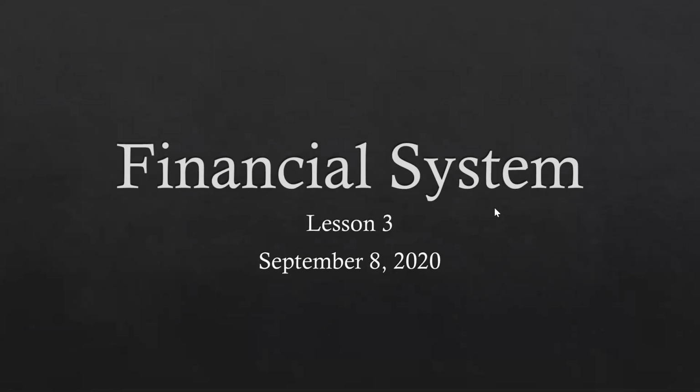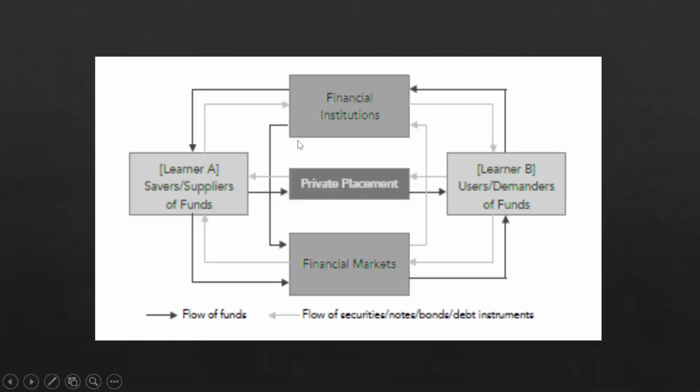So you have the financial system, where one of the things that we'll examine is the flow of funds, as well as the flow of securities, notes, bonds and debt instruments. Later on, we will also look into the meanings of these words. If you look at this diagram, the dark lined arrows represent the flow of funds, and it goes in a cycle. A cycle is also given for the flow of securities, represented by a gray lined arrow, and it also appears in a cycle.